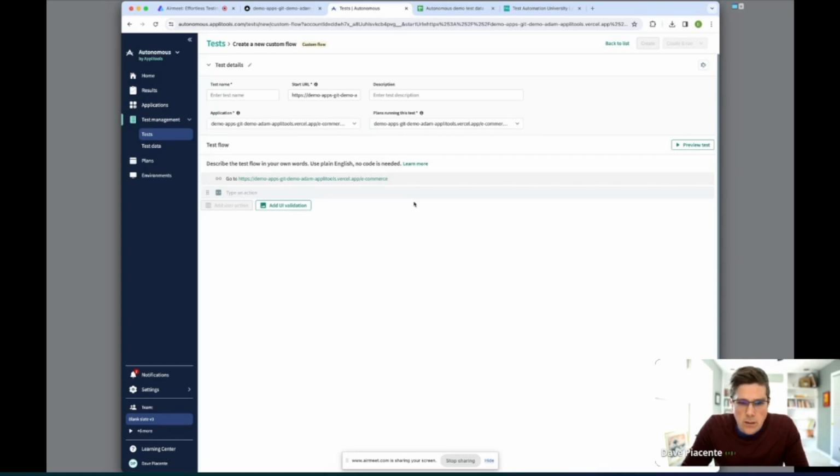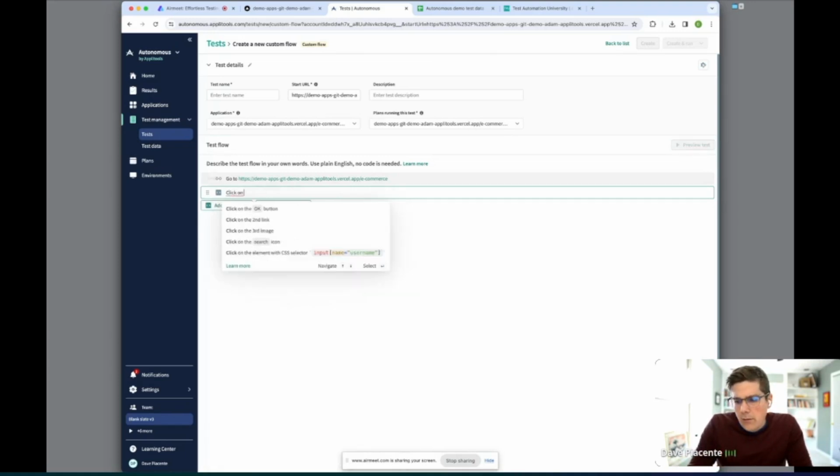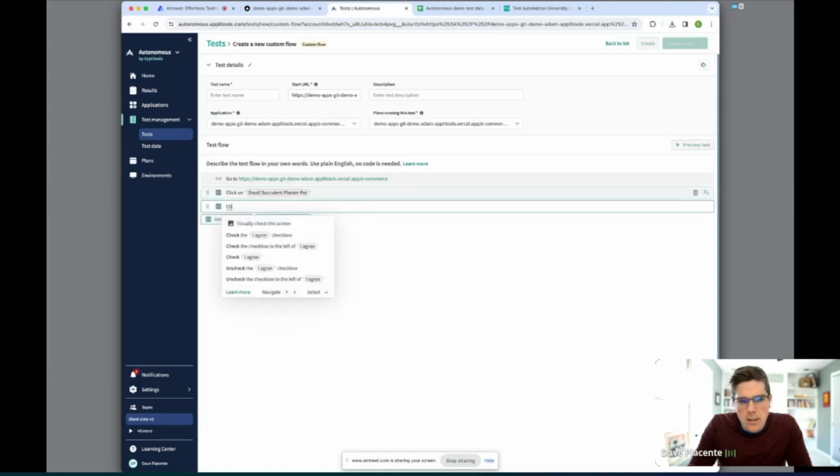You don't really have to know too much. And the fun part is getting into this part here where you can type out commands in plain English. Conceptually, we'll type out the commands for what I showed you at the very beginning when I said this is simple, add to cart. So we say click on, and we'll type out a product name. One of them is small succulent planter pot. And then we want to choose a type of the product. Remember, there's a variant dropdown. So we can say choose coral from the